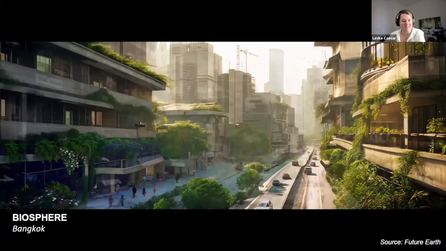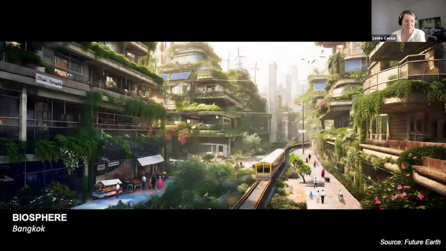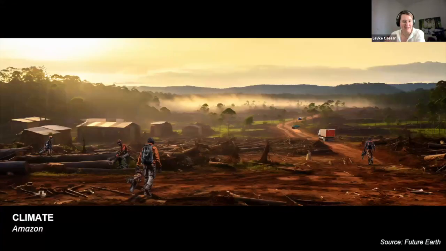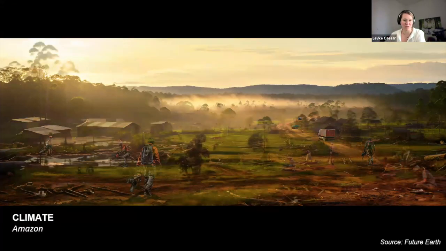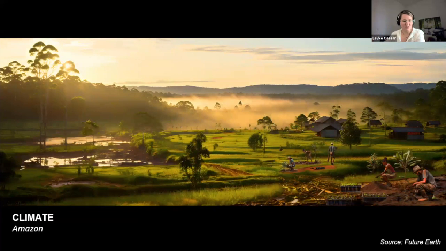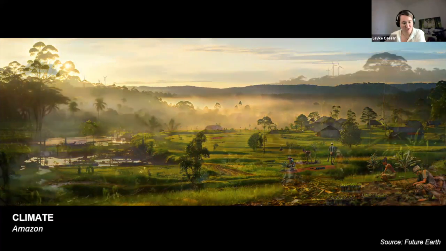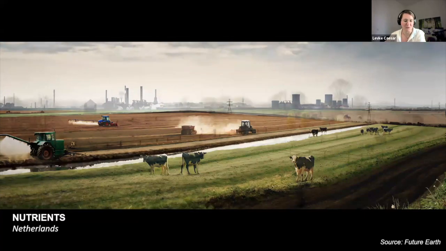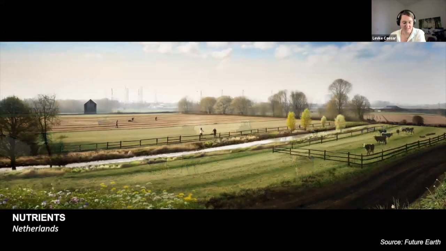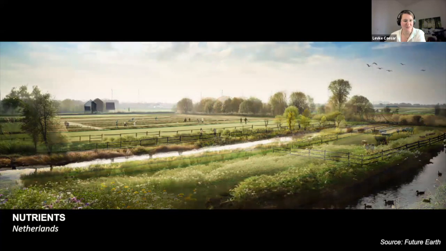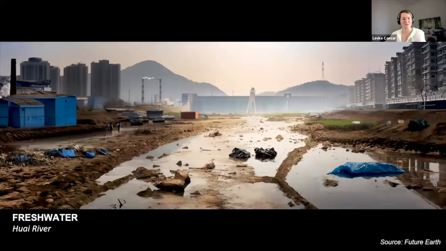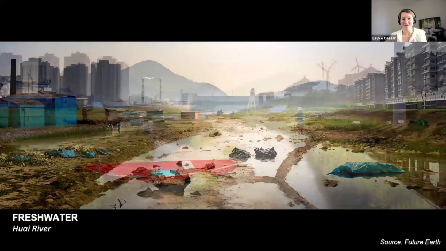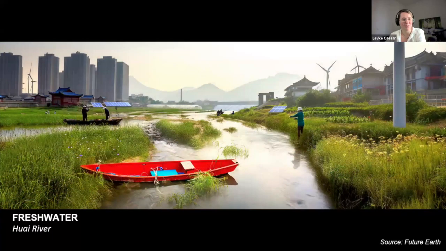This is just examples of what measures would be needed to transform our life to stay within the planetary boundaries. I'm just going to show a few slides giving examples for the different boundaries, which were also worked on in collaboration with different scientists to make sure that these are actual potential solutions. And with that, I'm done. Looking forward to some questions if there are some.